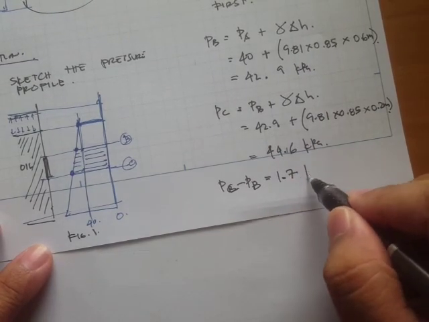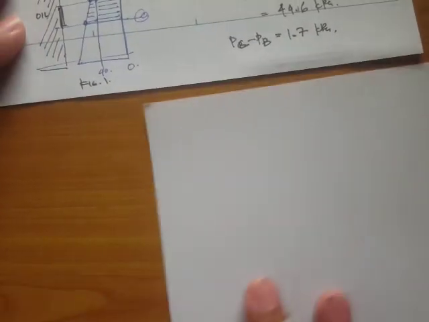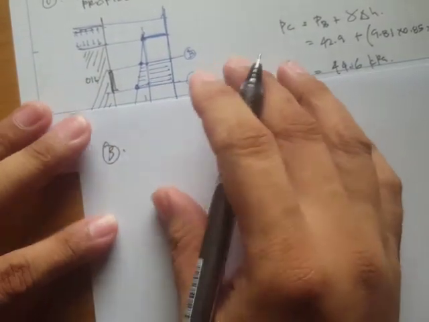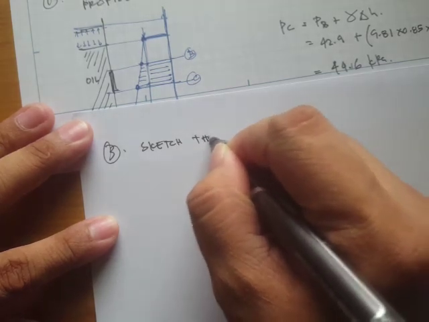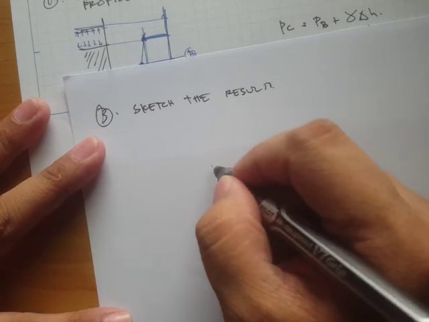Okay, so 1.7 kPa. Okay, so now that's step number 3. Okay, so sketch the results, and that's going to be